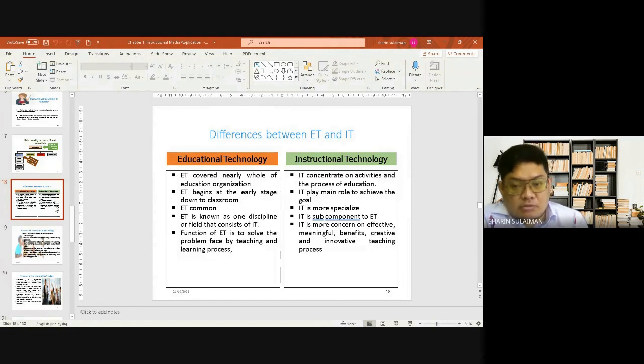And so on, meaningful. And also benefit. With IT, we want the students to get the most benefit from the lesson. For example, after you have done this assignment, towards the end you feel that with this experience of doing the assignment, it will prepare you to be an expert in your field, right? Lifelong